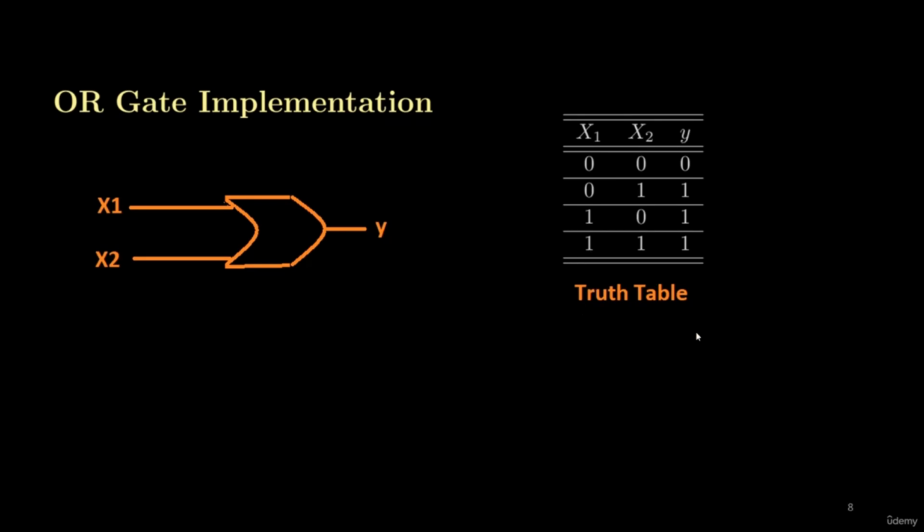This is the truth table of the OR gate. We can see that OR gate produces 1 if any of the input is equal to 1. Look at the second data sample. Here only x2 is equal to 1. Therefore, we are getting 1. Here only x1 is equal to 1 and we are getting 1 at the output of the OR gate. Here both the inputs are 1 and we are getting 1 at the output. Only at the first data sample both of the inputs are 0. Therefore, we are getting 0 at the output of the OR gate. So OR gate is the gate which produces 1 at the output if any of the input is equal to 1. We will use this truth table of the OR gate as our data set for